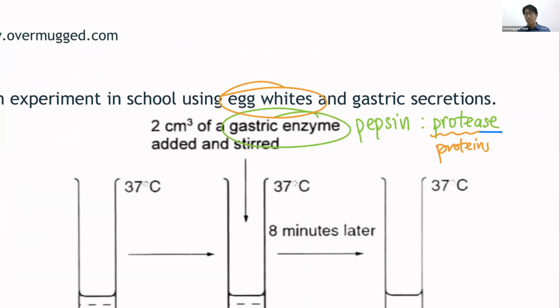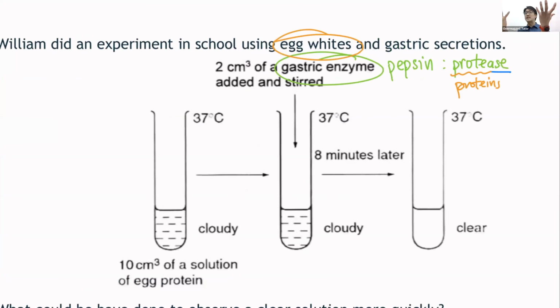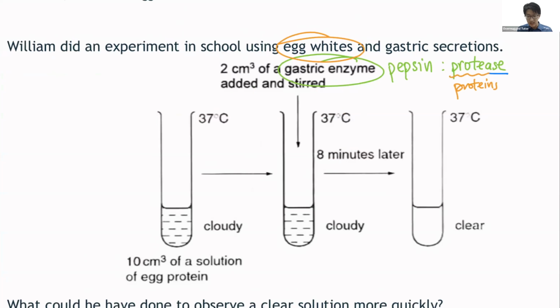So understanding how this works over here, the cloudiness in the test tube is due to the proteins from our egg white. After adding my gastric enzyme, I wait for 8 minutes. Oh, the cloudy appearance disappeared. It looks clear now. So this means that the proteins in egg white were broken down. Question now is not asking why that happened. Question is asking us,